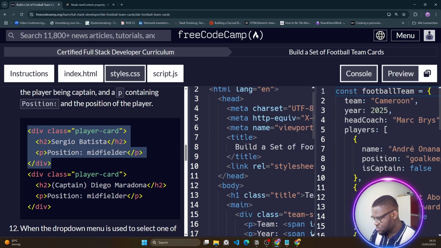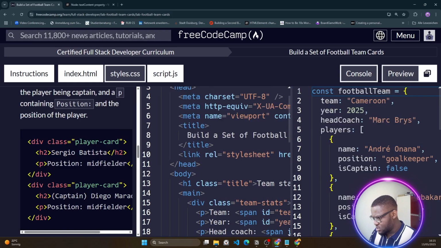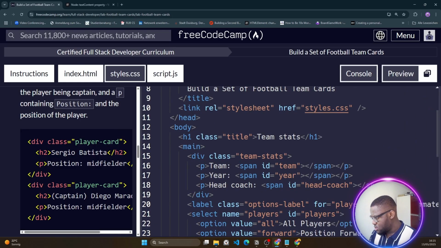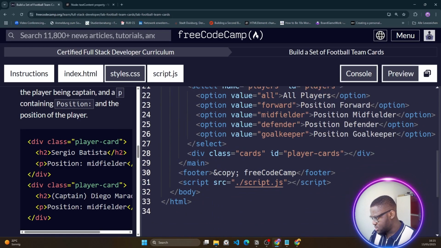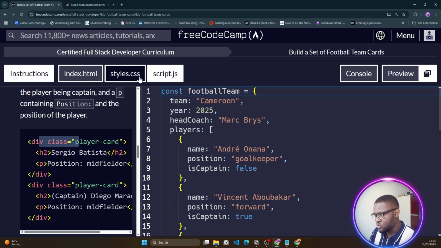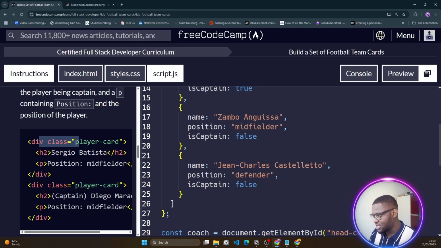Sorry, where's this HTML stuff? Where is it? Here it is. So we have to create a div with class name player card. So to create a div with class name